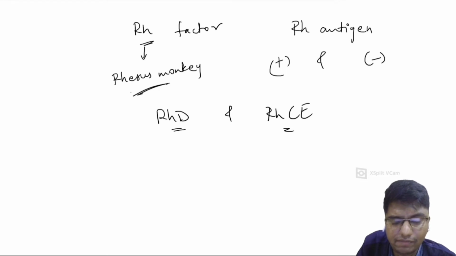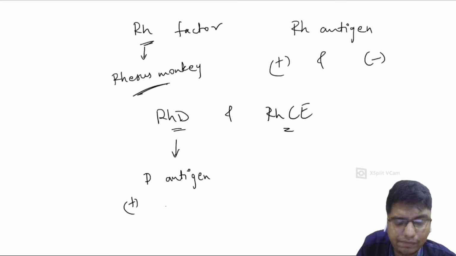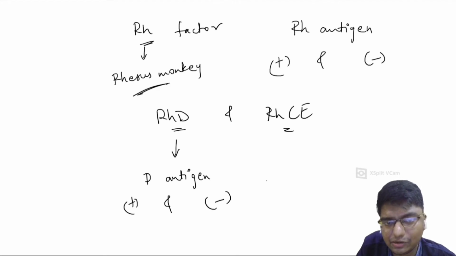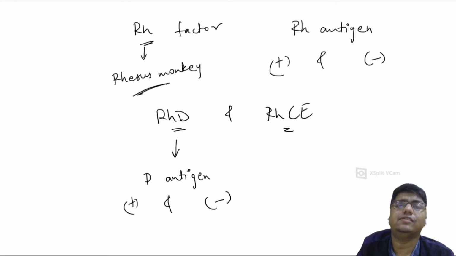This D gene is very important because this will produce D antigen. And D antigen is known as Rh antigen. If D antigen is present in RBC, it is positive, right? If it is absent, then it is negative. But why is the Rh factor important in the case of one disease? Basically, this is also a very important factor to study. Why do we want to study this Rh factor?